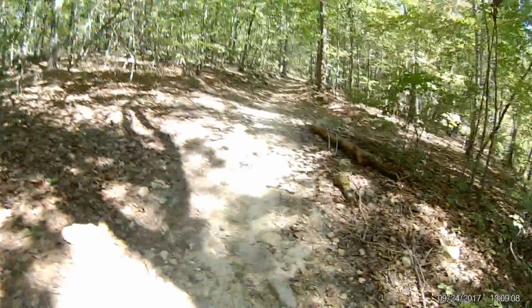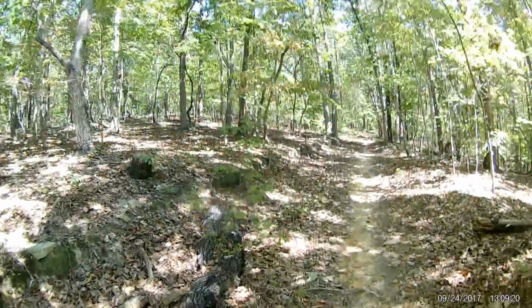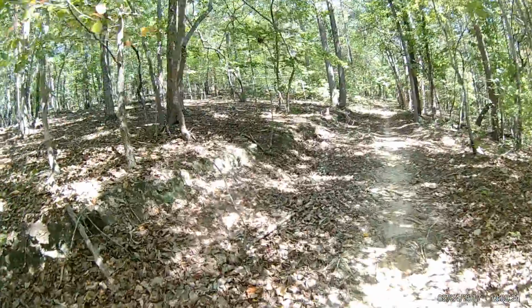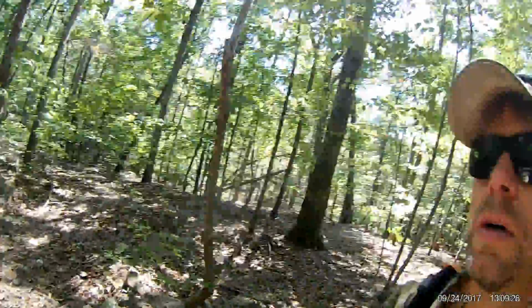Now, let's see the terrain you're walking over. You still got to be a little more selective of where you step than if you're wearing hiking boots. But as a general rule, it's not bad. It definitely doesn't really hurt your feet to step on the rocks. You just notice them. But as you can see, oh yeah, and of course,